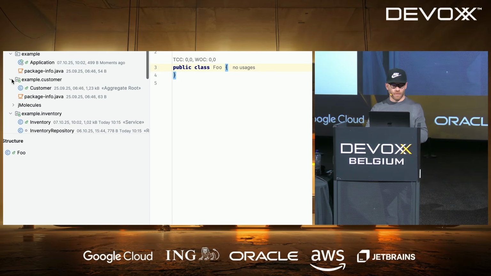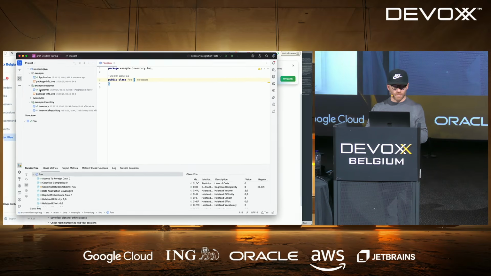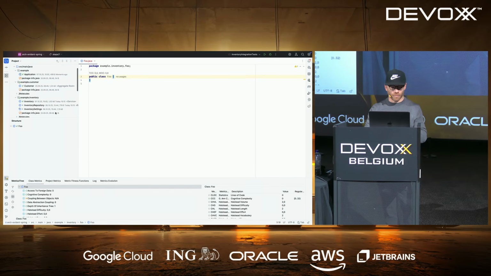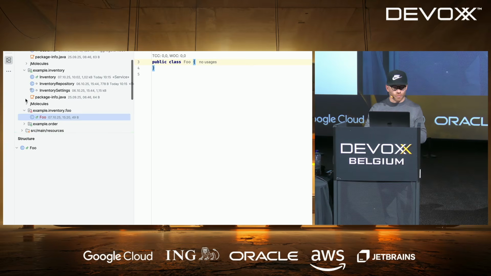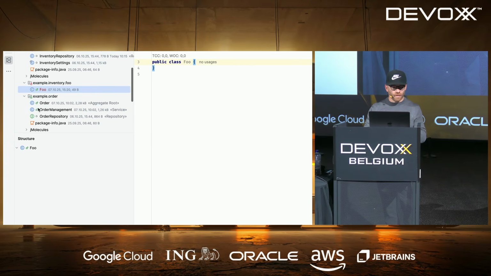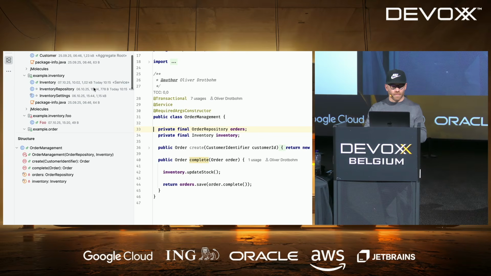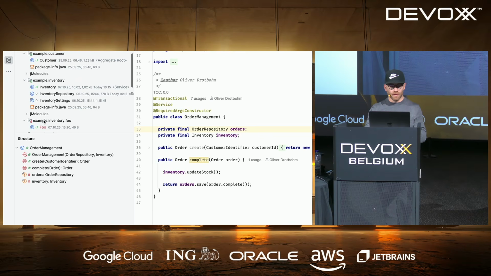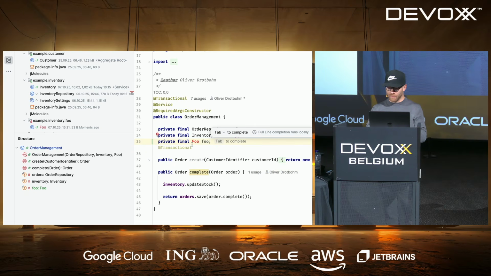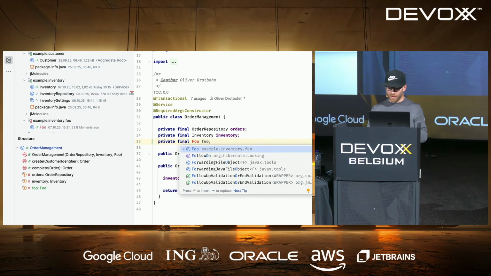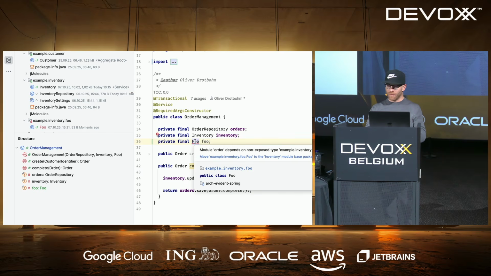So if I go to the order management, and the inventory has this public type Foo, I put the public type Foo into inventory. If I now go private final Foo, this should be red. I probably have to import that. Yeah, and then it's marked red, and it says